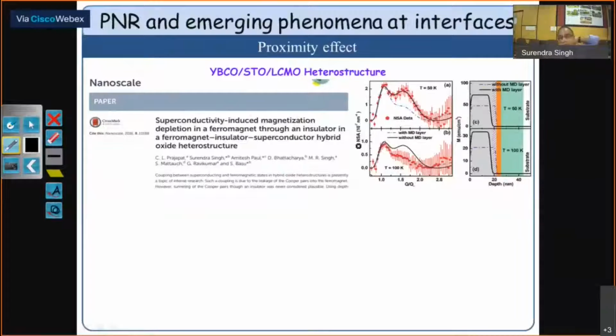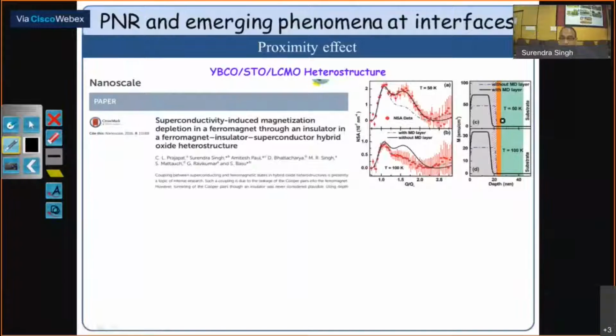We have represented it with NSA. It is called normalized spin asymmetry. It is nothing but the difference between R plus and R minus divided by R plus plus R minus. So difference by sum of the two reflectivities, which we are plotting over here. So this is basically reflectivity data only. And if you see at 50K, we found a magnetic dead layer over here. So there is zero magnetization in this interfacial region, which is around 35 angstrom in this case. And then magnetization comes in at 50K.